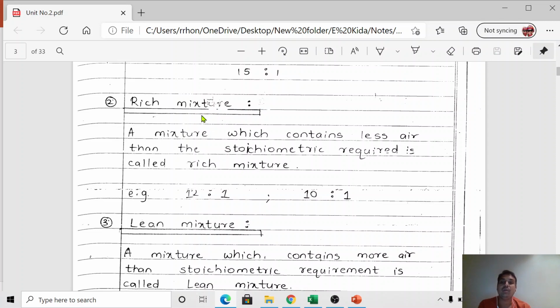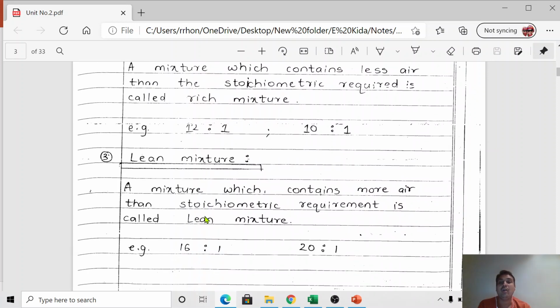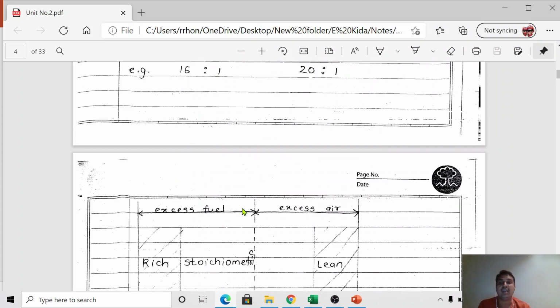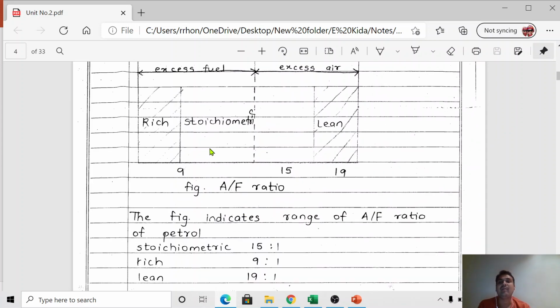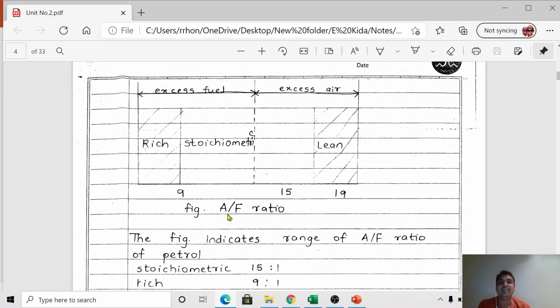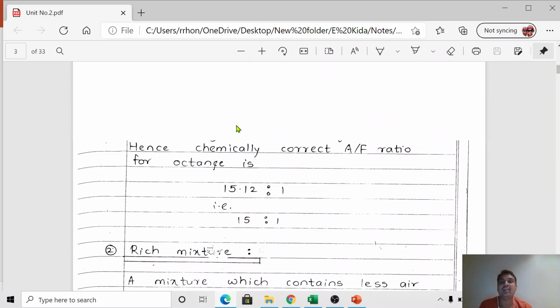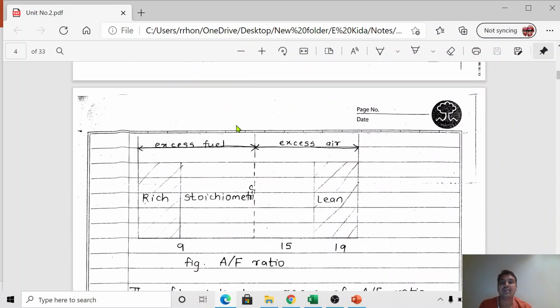If you increase the engine speed to more than about 60 kilometers per hour, definitely the mixture going inside the engine is a rich mixture. A rich mixture always gives less efficiency but more power, and a lean mixture always gives more efficiency but less power. Okay, so this is again very important. With the help of this diagram we can understand the air-fuel ratio. If the question asks you to explain the air-fuel ratio in detail, you have to write all these things clearly and thoroughly, and you have to draw this diagram.